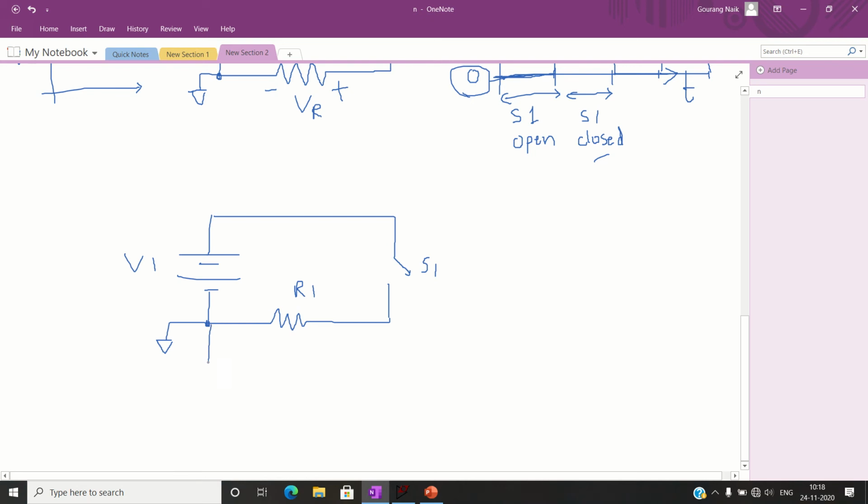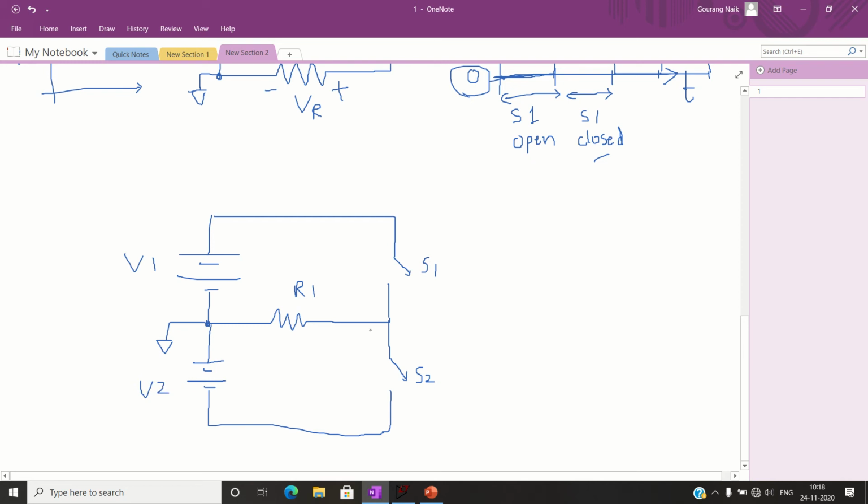Now again I will connect a battery here, and then one more switch I will add on this side. Why am I adding one more battery and one more switch? Because I want to get an output voltage which is going positive, then goes to 0, then goes negative, and again goes to 0, again goes positive, like that. To get that waveform we are inserting one more battery and a switch. So you have V2 here, let us say.